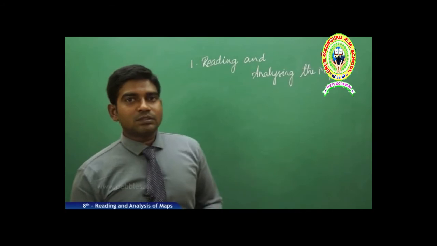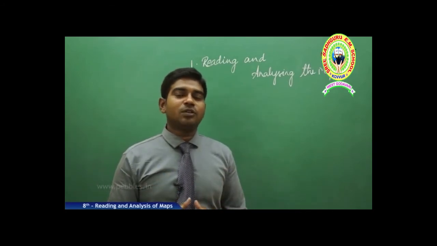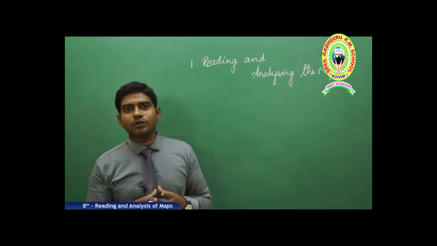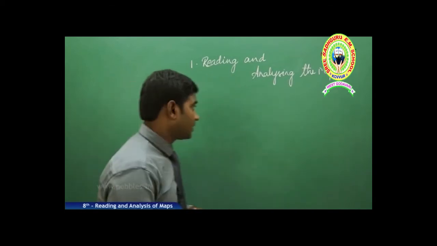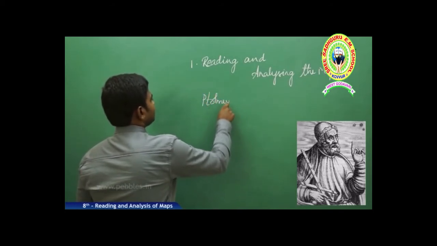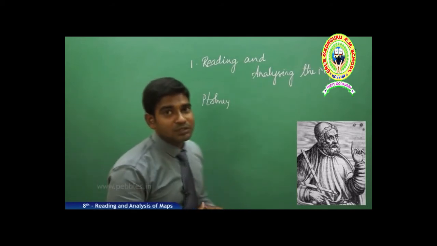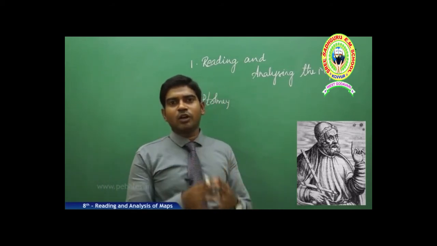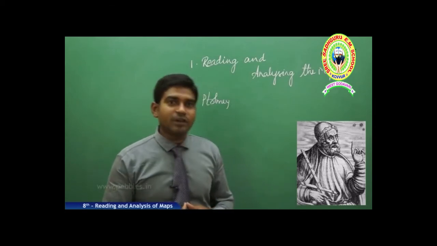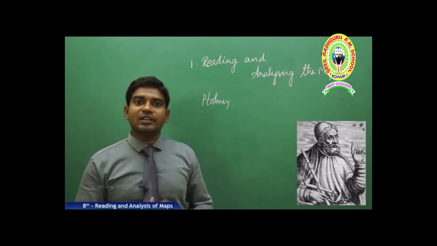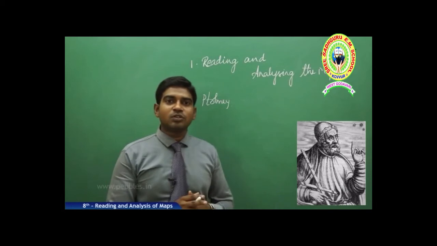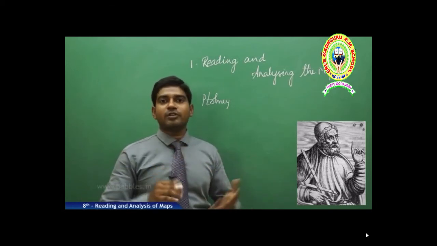Now, one of the famous geographers who prepared the maps in detail, who is considered the father of maps or latitudes and longitudes, I think you all know about him. He is none other than Mr. Ptolemy. Ptolemy was one of the key persons who determined the latitudes and longitudes, who tried to draw a map of his knowledge at that particular point of time. Many people were astonished later, after many years, when they came across and studied Ptolemy's maps, which were almost exactly the same as the maps we are following right now.